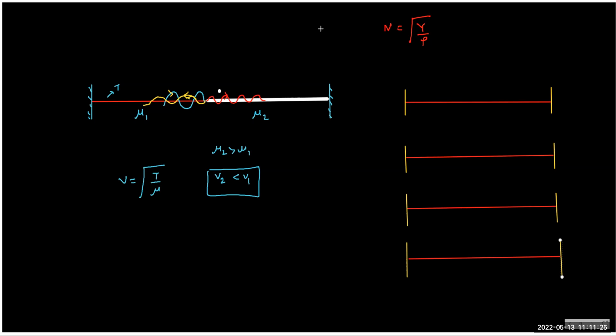So you create a pulse like this. Let's say this is L1, this is L2, and the pulse is traveling with velocity v. Because the ends are fixed ends,